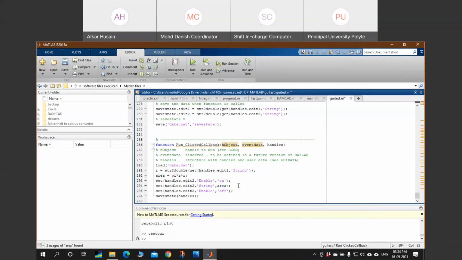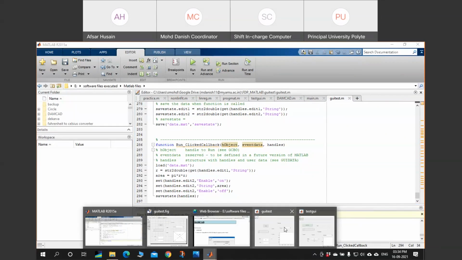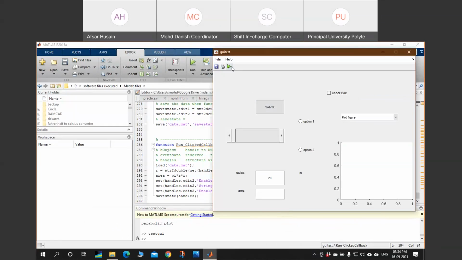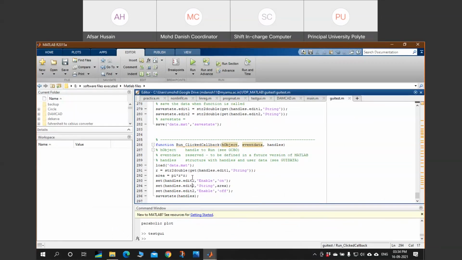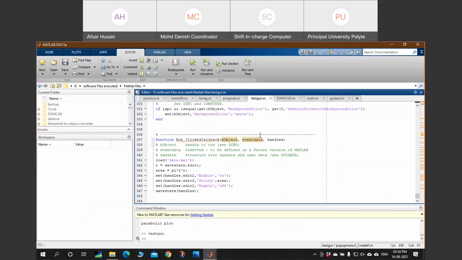And what the other command will do, it will be shown like this. Write 20 and press run. Sorry, I have also not set the values to edit two. I have to set the values to edit two.